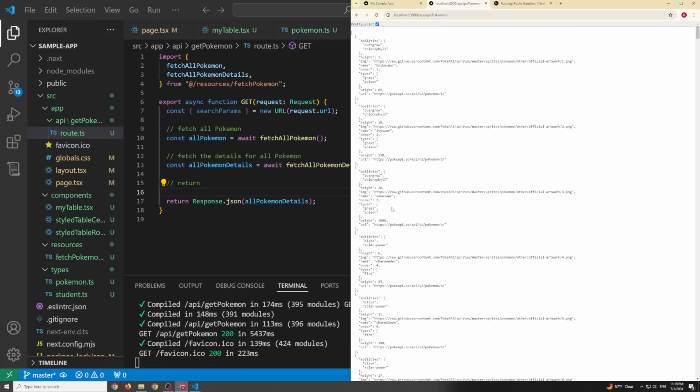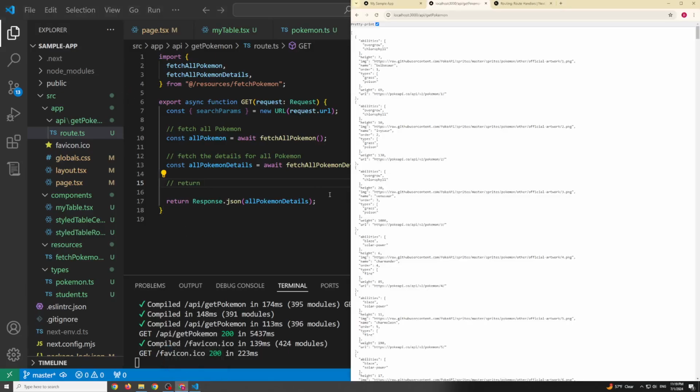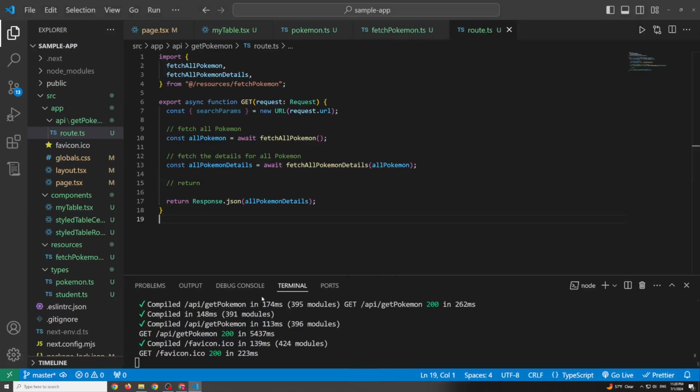But now we're doing it from an API. So we're doing it from our internal API, which means that all of this traffic, if I look at my network traffic, it actually doesn't show these API calls, which is very nice. All the API calls are being done from our Node.js server. So now if we go back to page.tsx,